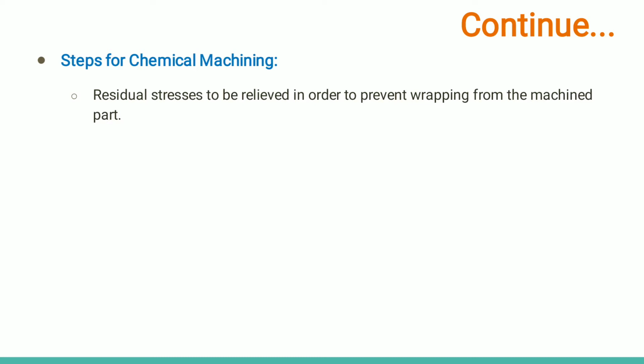Residual stresses are basically the internal stresses of the material, as we have already discussed in the introduction part, that these processes are non-conventional. So we are using these processes for harder materials. Harder materials generally have very fine grain structures, and these fine grains increase the strength of that material. So if we remove any excessive amount of material from the harder material, there will be residual stresses.